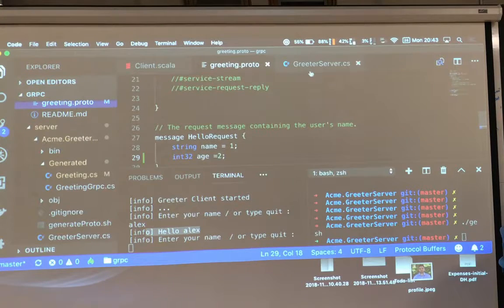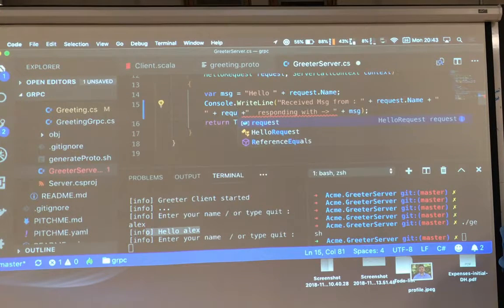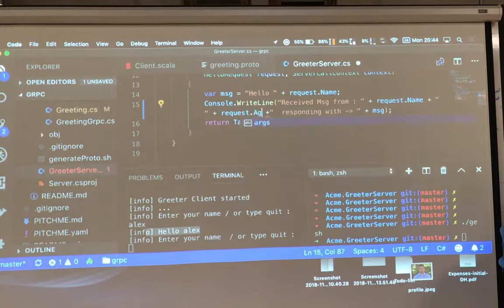Now in my greet service, as well as the name, let me also put in another space, and then add the request, which is the hello request model. Then we can do Age with a capital because it's C#.